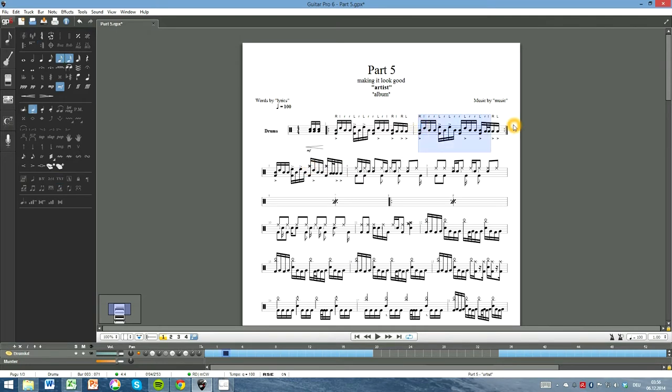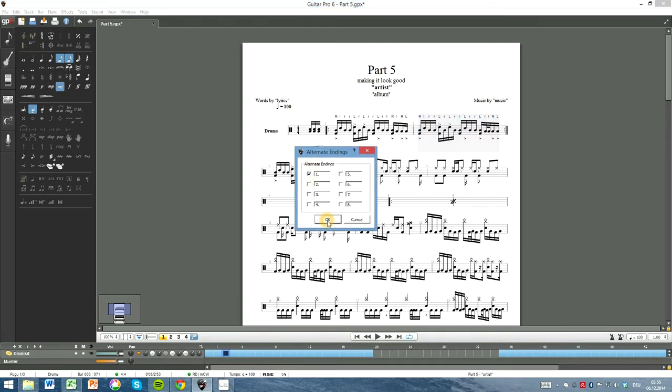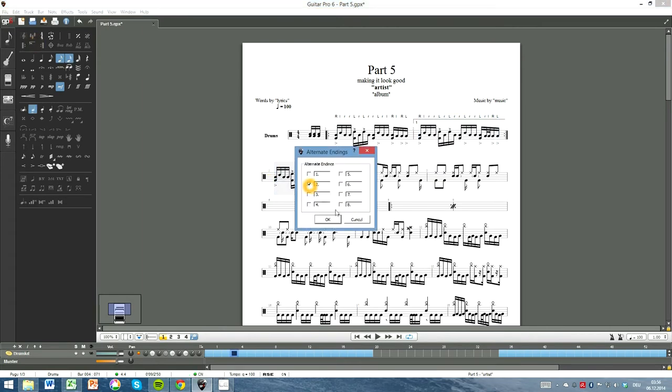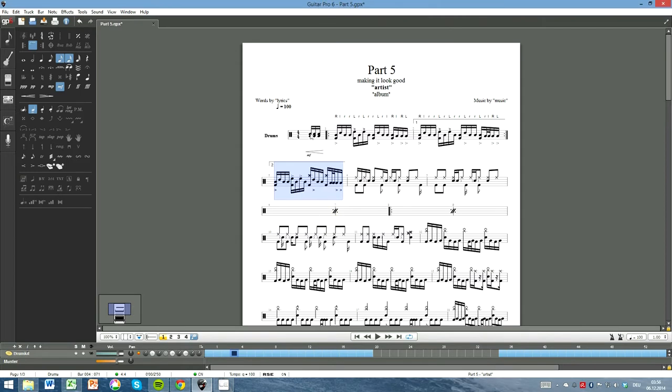So we mark this one as the first ending and the one after that as the second variation. So it runs from here through the first bar again and into the second bar here and transitions into the